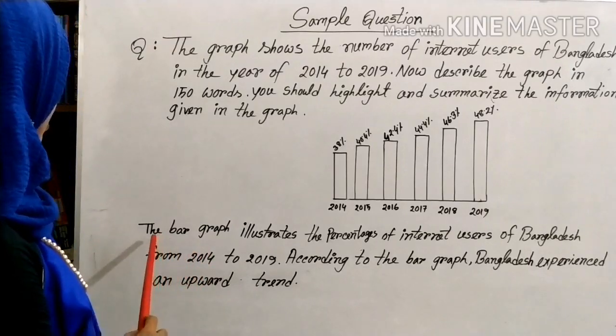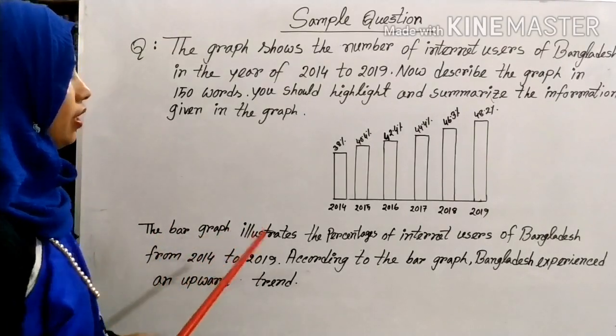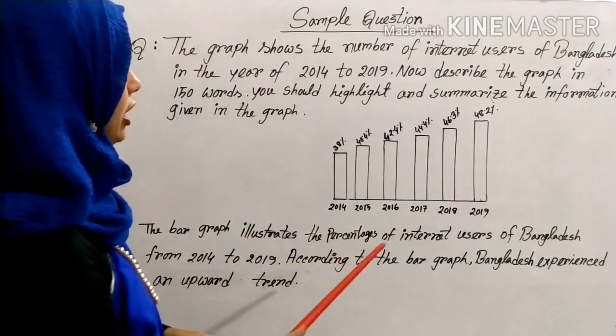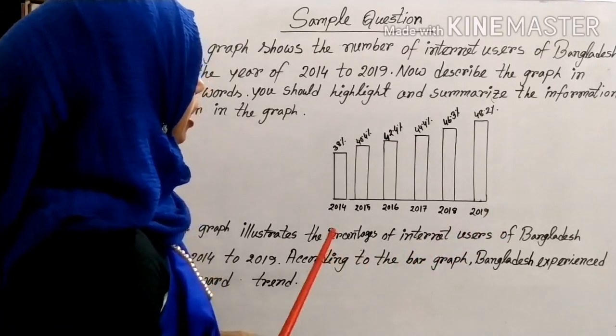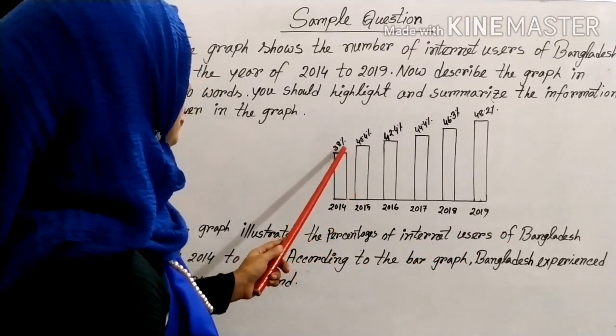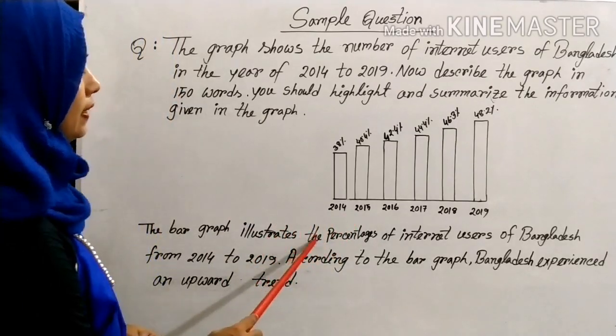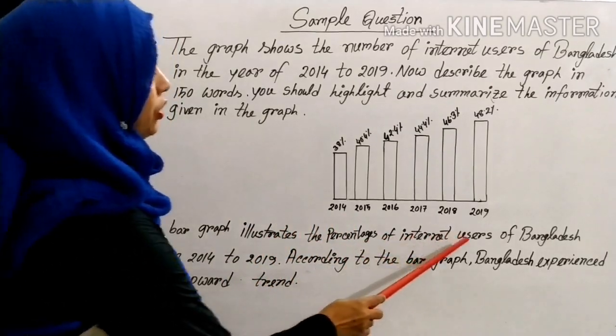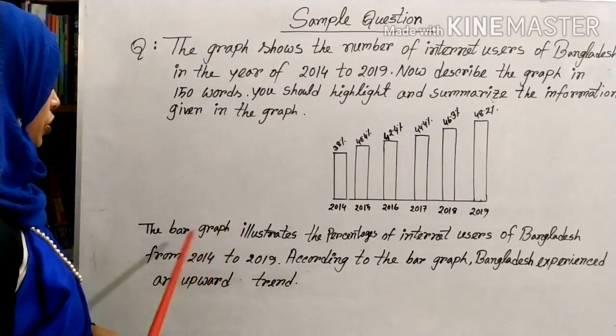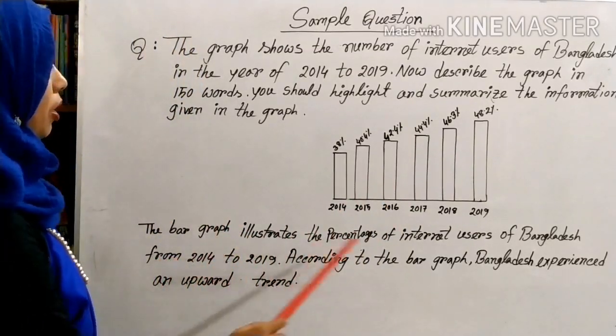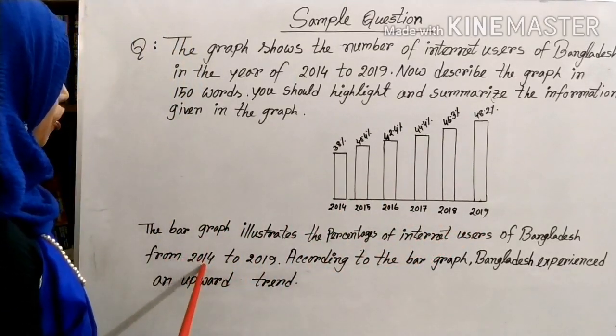You can write, the bar graph illustrates the percentages of internet users of Bangladesh, because some percentages have already been mentioned. So you can write the percentages of internet users, and of course you have to mention the year, of Bangladesh from 2014 to